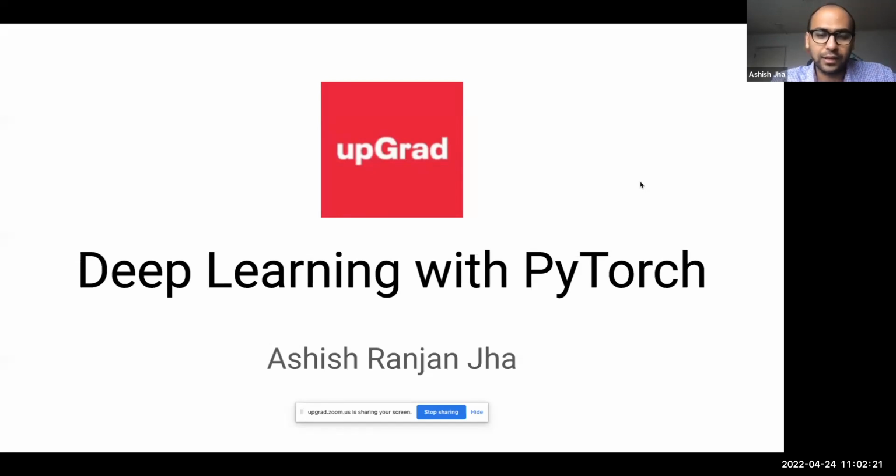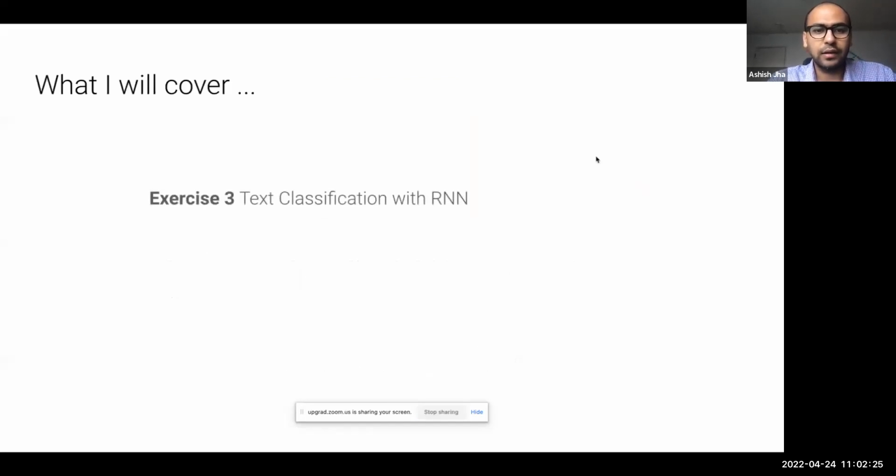And instead of working with images, first up, I want to have a quick exercise with you on textual data. So perform this task of text classification using what we call recurrent neural networks. So this will cover both the recurrent kind of models, and also we will see how we should be working with textual data. That's the goal of the current exercise.